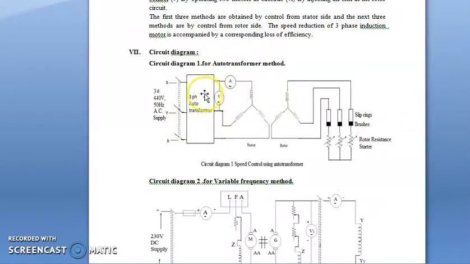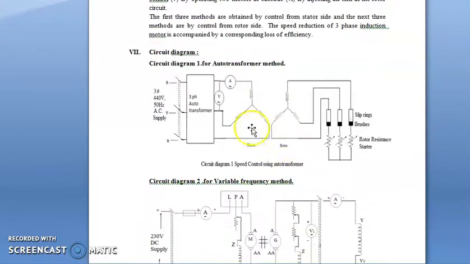So here this is auto transformer. Basically, as we know that the name is auto transformer. That means according to the required output voltage, we can change its voltages. And as we know that the speed of any induction motor basically depends on the voltage. The more voltage you give, the more the speed will be, and the less the voltage, the less the speed. That means there is a direct relation between the voltage and the speed. Okay, so this principle I know, so I'm using the auto transformer to control the voltage. Now if I control the voltage, obviously my speed is going to be controlled.